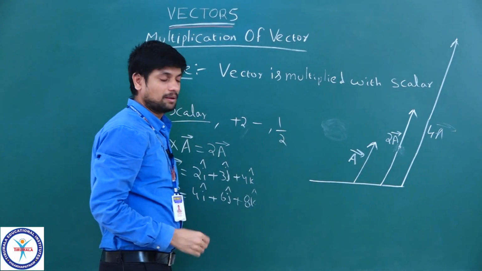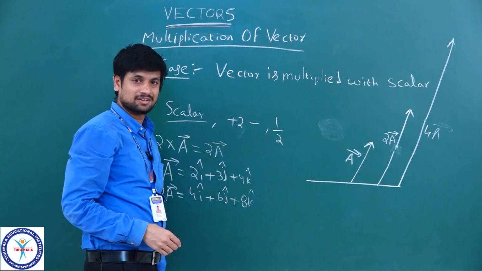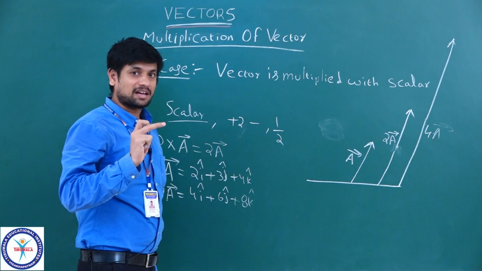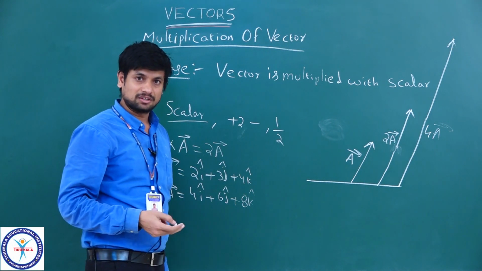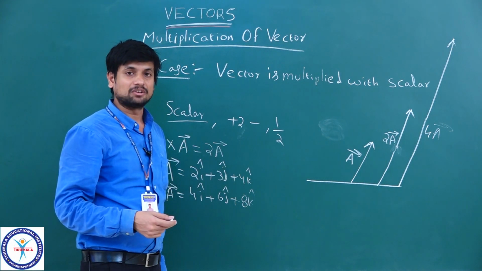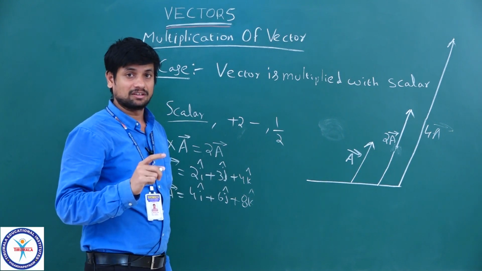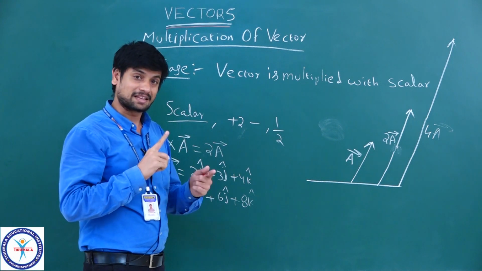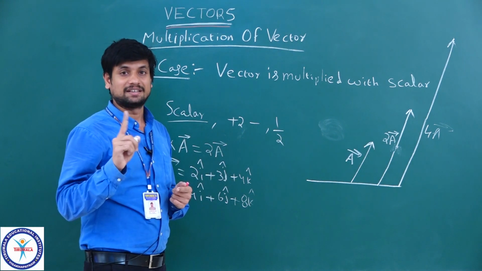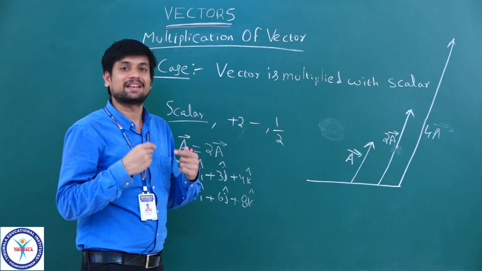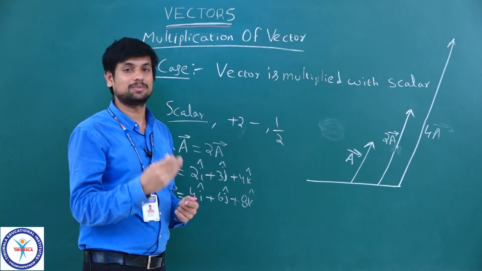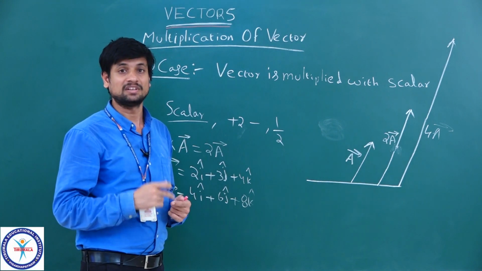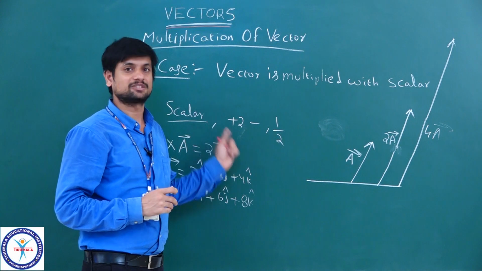4a bar. Now the case of half. Here also I am multiplying, I am not dividing, children. A vector can be divided by one real number, but there is no change in direction. A vector cannot be divided by a vector. Why? Because magnitudes can be divided, direction cannot be divided. So that operation, vector by vector division, is not allowed in this mathematics.